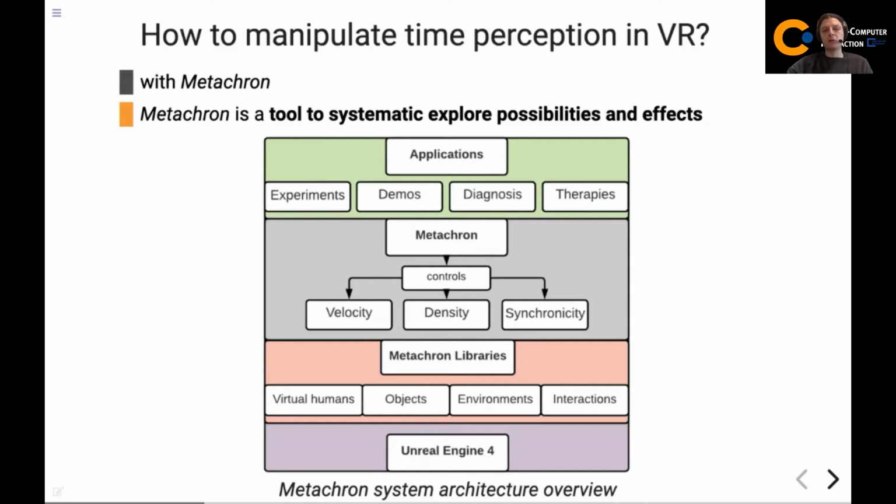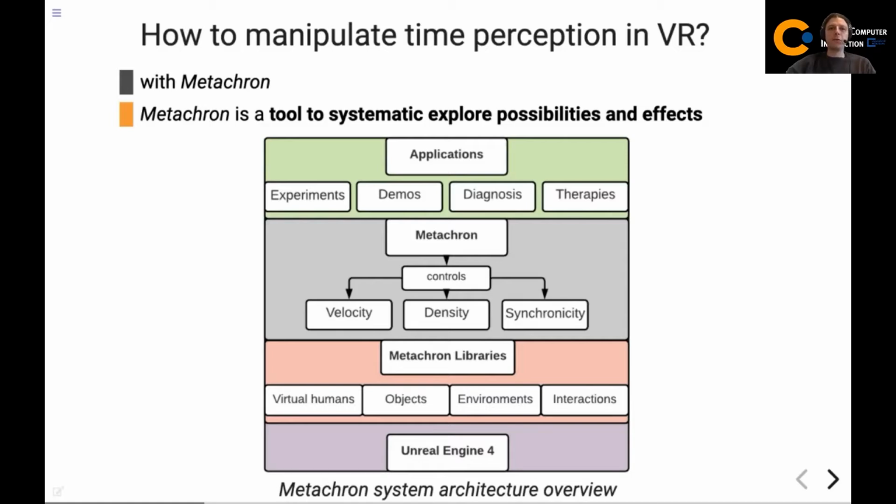Metachron is able to control the velocity, density, and synchronicity of objects, for example, and our library supports virtual humans, objects, environments, and interactions. Everything is built upon Unreal Engine 4, which is a modern state-of-the-art game creation engine.